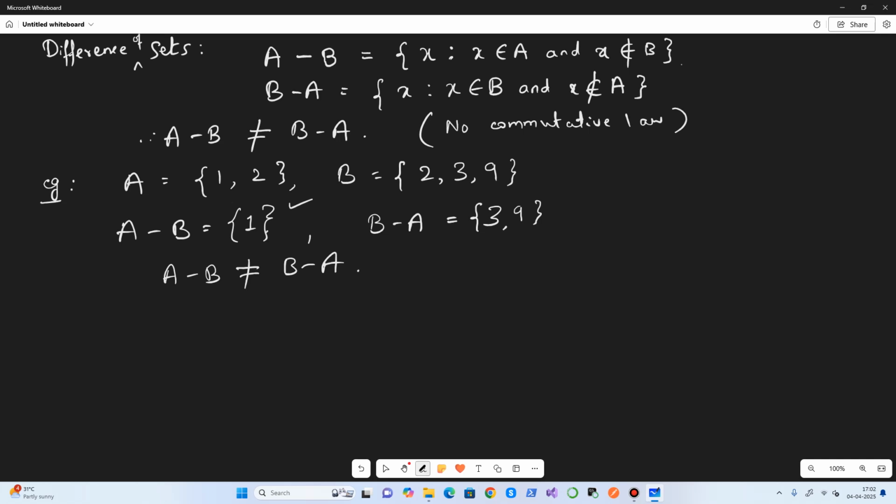Next we will talk about the complement of a set.